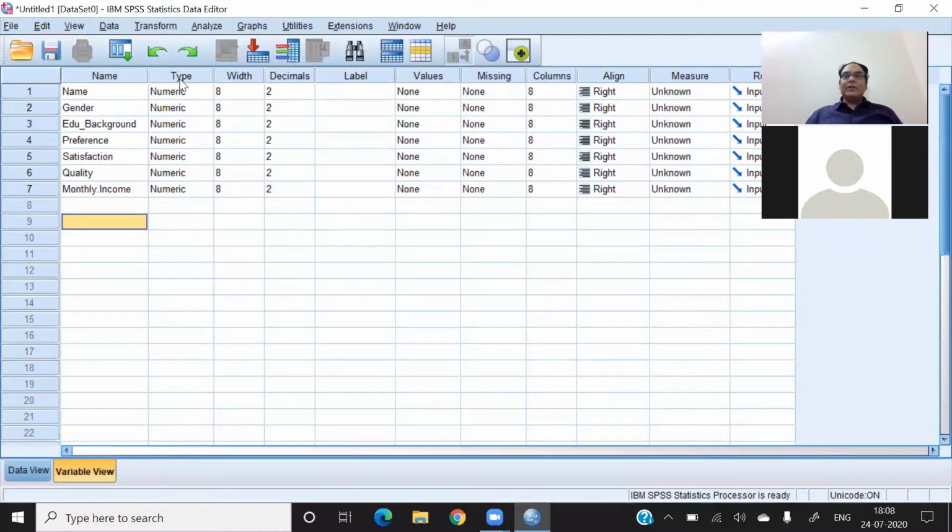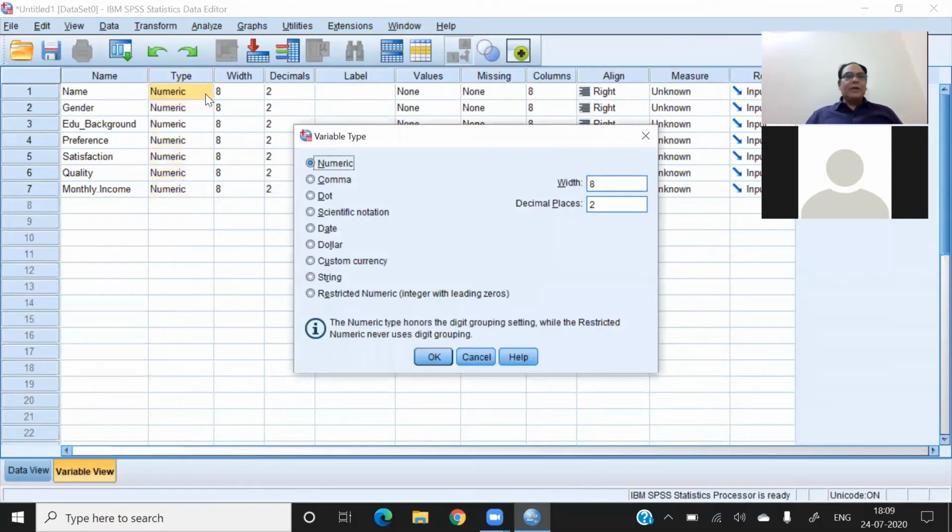And after that, the second column you can see is the type. And 99% of the time, we use numeric type. And hardly 1%. Like for example, this name. My name is Ajay. I cannot write it 1, 2, 3, 4, right? So I have to write AJAY. So I have to give this string option. Like company name, respondent name, right? Department name. So name cannot be written as a number. So we have to define all the variables as string variables.